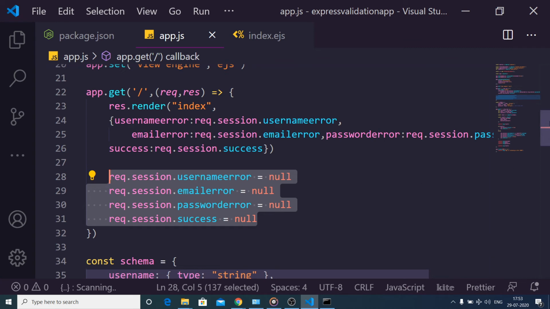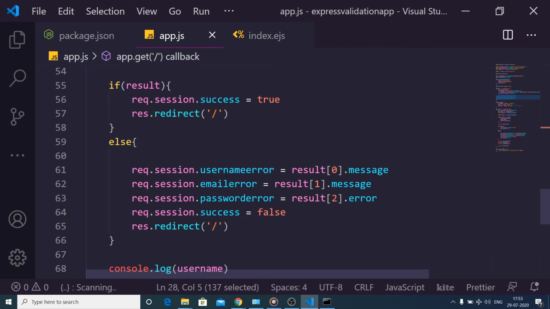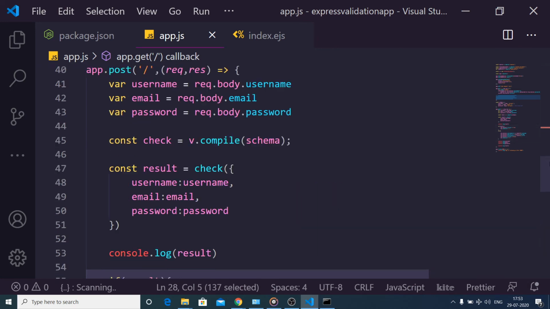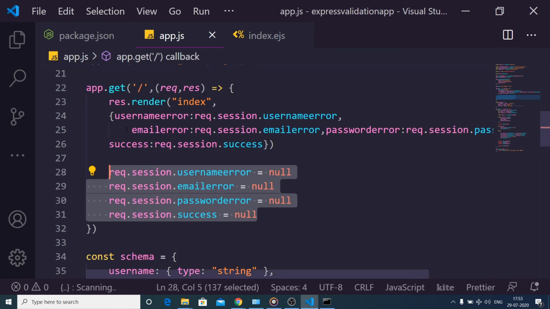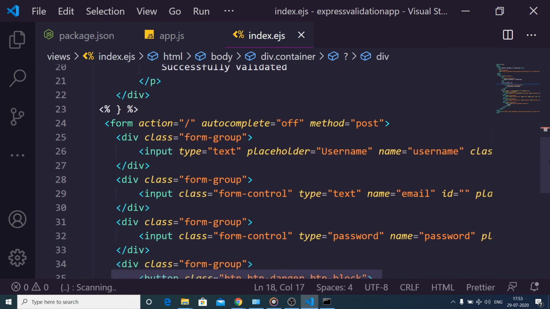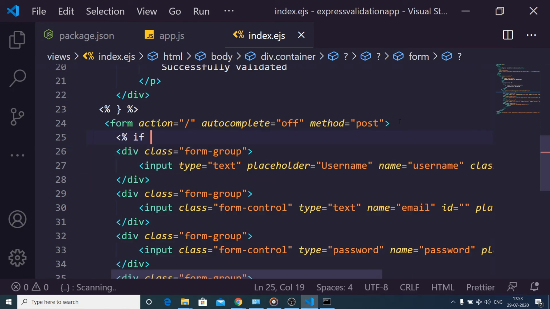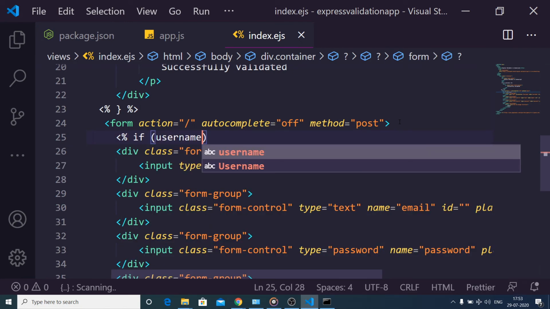And for showing the error messages, it is pretty simple. We have used these session variables, which is username error, email error, and password error. So we are sending these errors inside these variables. This will be pretty simple. After each input field we can have an if condition like this. So if username error,